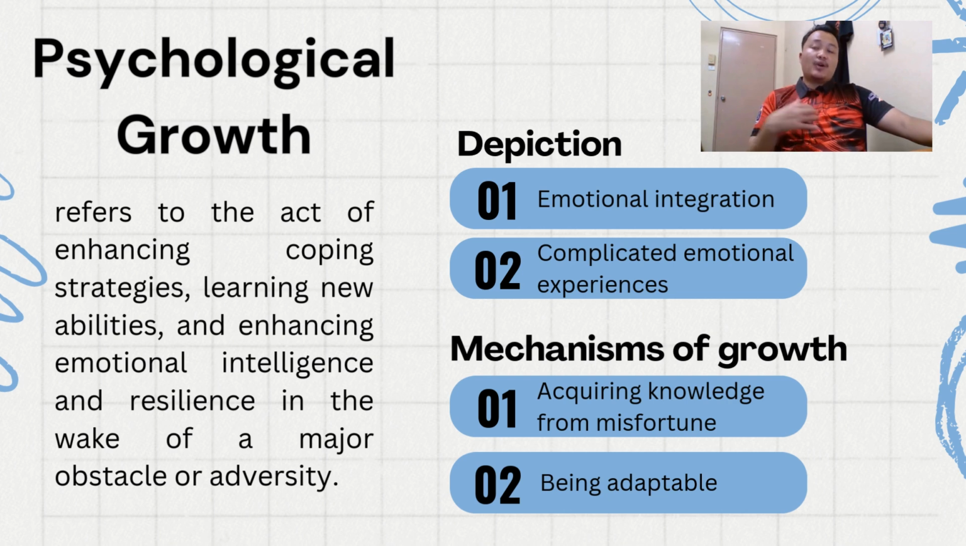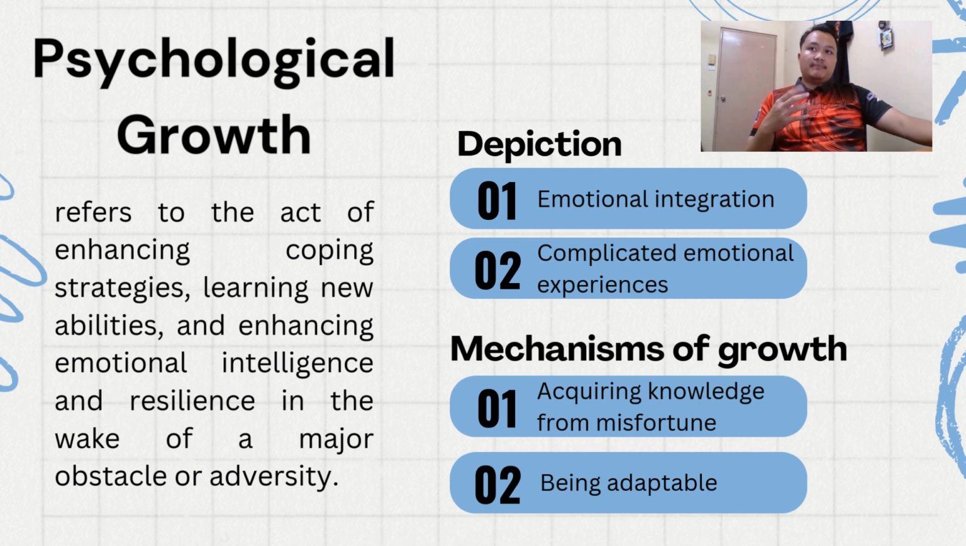Now, we are going to talk about mechanisms of growth, starting with the first one, which is acquiring knowledge from misfortune. Riley learns that it's okay to feel sad and that expressing her sadness can lead to comfort and support from her loved ones. There was a scene at the end of this movie where Riley comes back home from her runaway attempt to Minnesota. She cried, expressing her feelings of missing home and everything, which shows this acknowledgement is a significant step